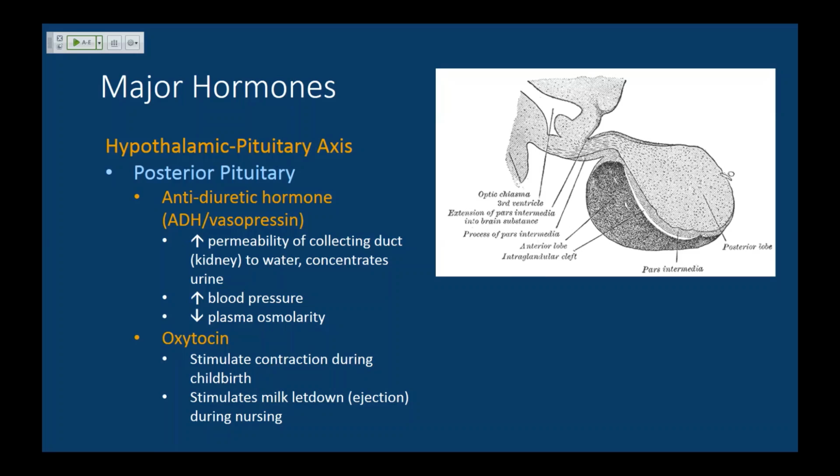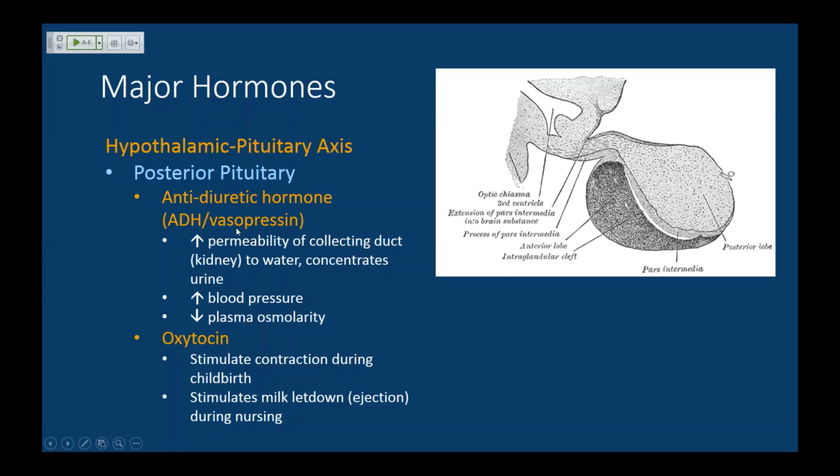So antidiuretic hormone is a very well-named hormone because it tells you exactly what it does. Diuresis means peeing a lot. So if you take a diuretic, you're going to be peeing a lot. Antidiuretic hormone prevents that. Okay? Something we'll talk about in the next lecture, which is the kidney. It's going to increase the permeability of the collecting duct in the kidney to water, which is going to help the kidney reabsorb water and take water out of what will eventually become the urine. Okay, so we're decreasing the urine volume. We're preventing diuresis. It's antidiuretic hormone.